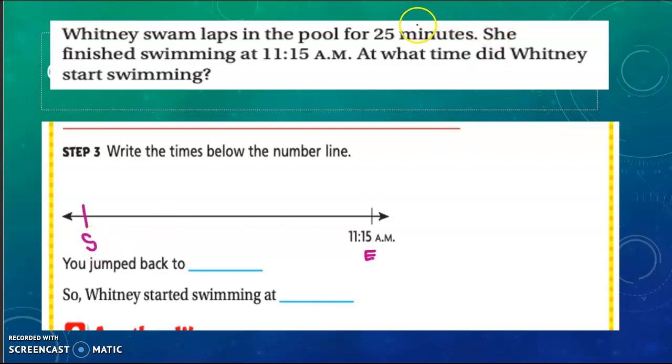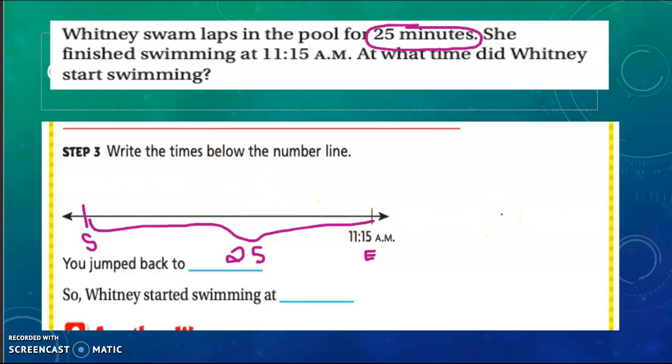Remember, we know that from the end to start, it has to be a total of 25 minutes. So since I have the end time, instead of adding time, I'm going to have to count time backwards